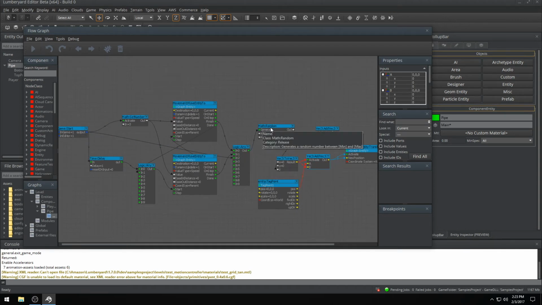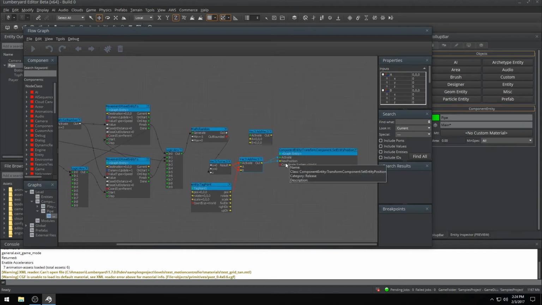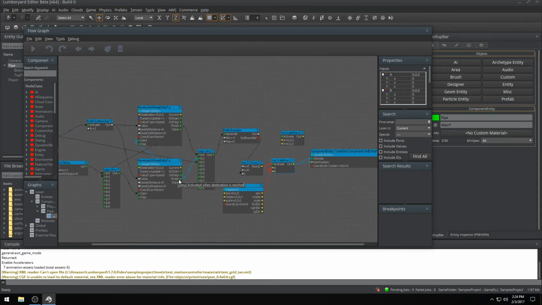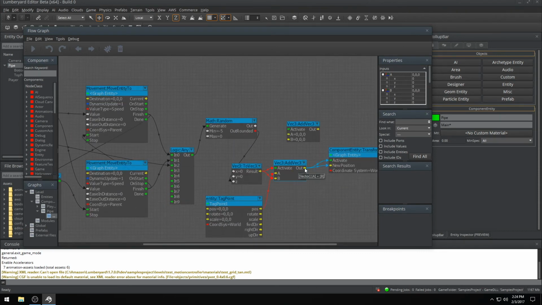It's going to go any, generate a random Z, create a new vector at the starting point, and then it's going to put the pipe at the new position, which is going to be the starting position. And we want to do that every single time, which is why we also have it when it finishes here. However, we also need this output to go to